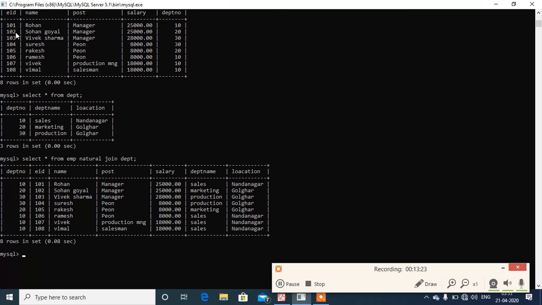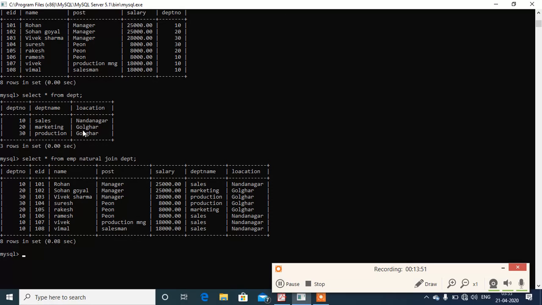Now the second entry, 102 Sohan Goyal manager, belongs to department number 20, so it is displayed here 20, then the details, and its department is marketing and Golghar. So this is a meaningful form of join operation. This is known as natural join.